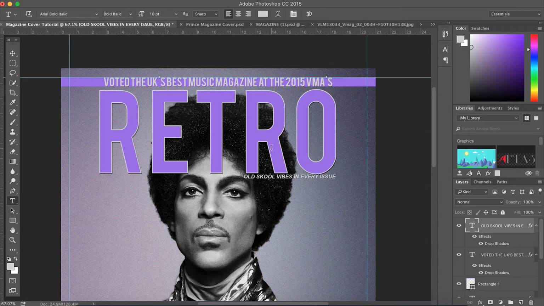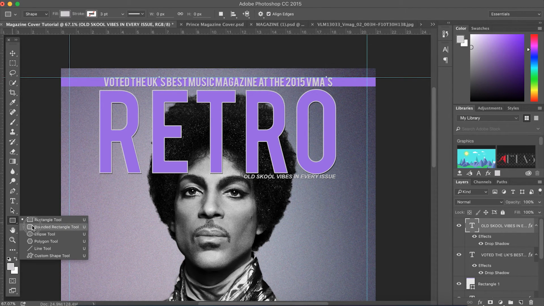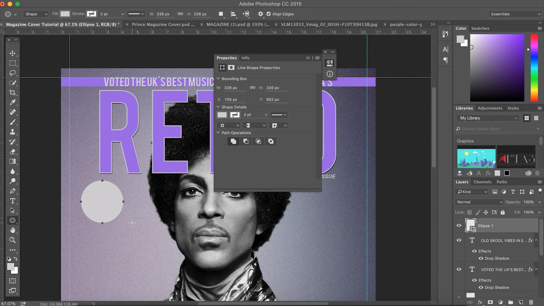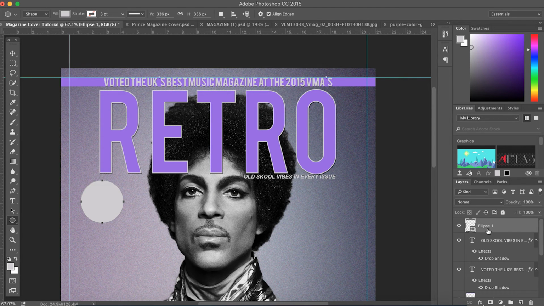The last thing I'm going to add here is another little shape, and this is going to be our sticker or our button that's going to go at the top corner here, and that's a sell point to highlight the price of the magazine. Now this is by no means something you have to include. I'm just trying to show you the different techniques to achieve these, so I'm just going to hold shift here to keep a circle in scale, and I'm going to hit that there, and I'm going to just close this, and then with that ellipsis 1, I'm just going to rename that